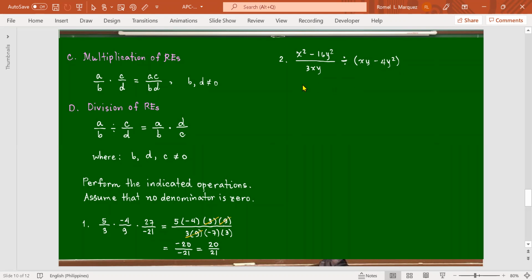Okay. If you're dividing, what do we do, guys? What are we going to do? And at the same time, factor. Is it factorable? Yes. So that you can easily cancel things that are common. x plus 4y, x minus 4y. All over,